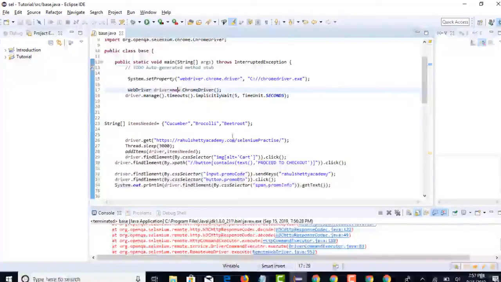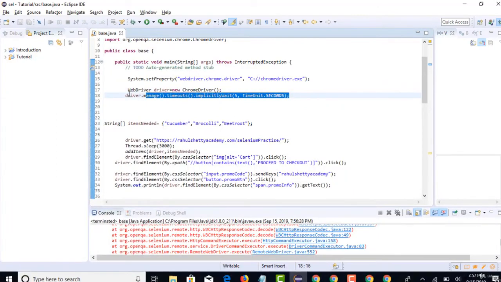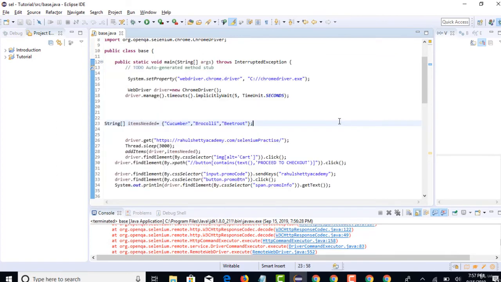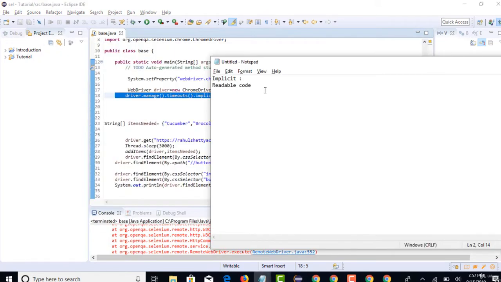Right now, as it is applied globally, you need to declare it only once so that it's applied to each and every step in your test case. So you need not mention wait again and again and again. Your code looks optimized and more readable if you put implicit wait, and that's a pro. That's an advantage. And the disadvantage here, which is the cons,